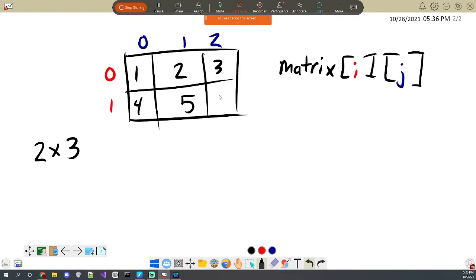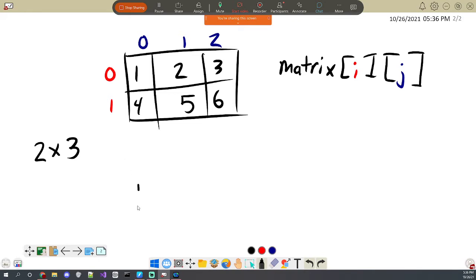The way it's generally agreed upon is row first, then column, like you're reading a book. So you start at the top left of the page, and then you read the line, and then you go down to the next line, and you read that line left to right, right? So that's just the generally agreed upon way to store these. You can certainly do column first, but that's just what's considered commonplace.